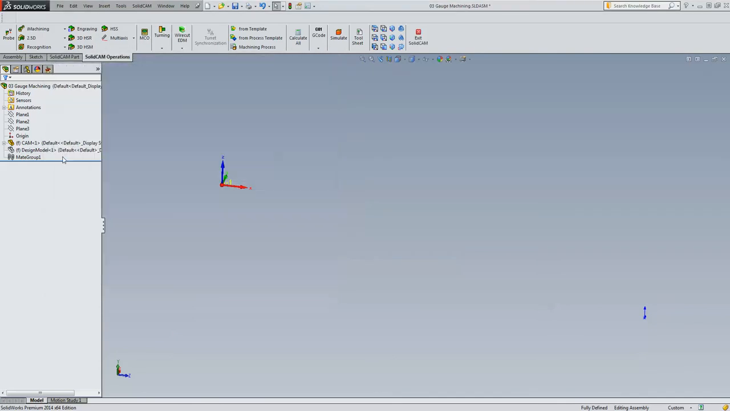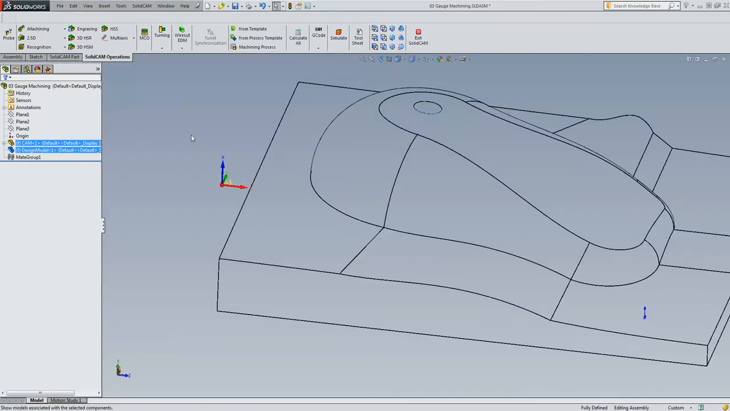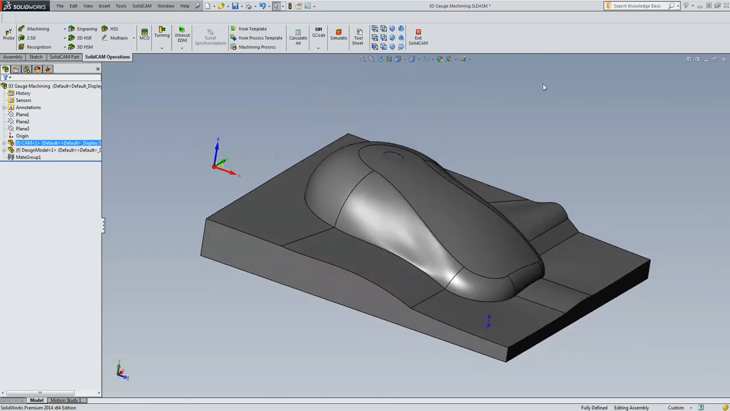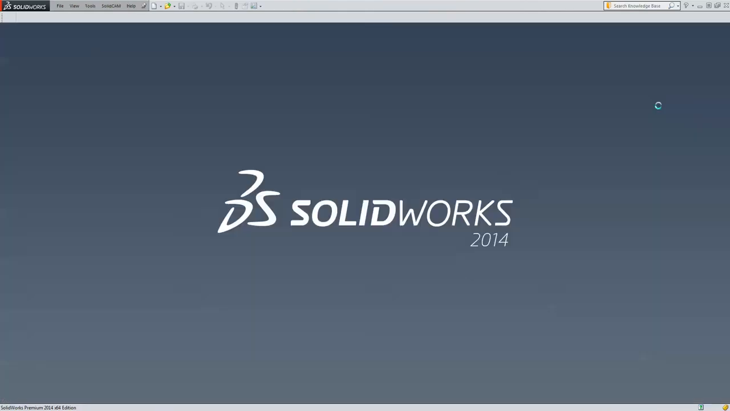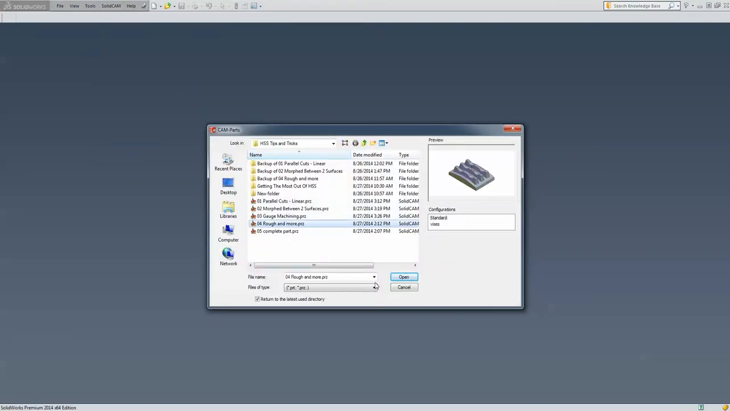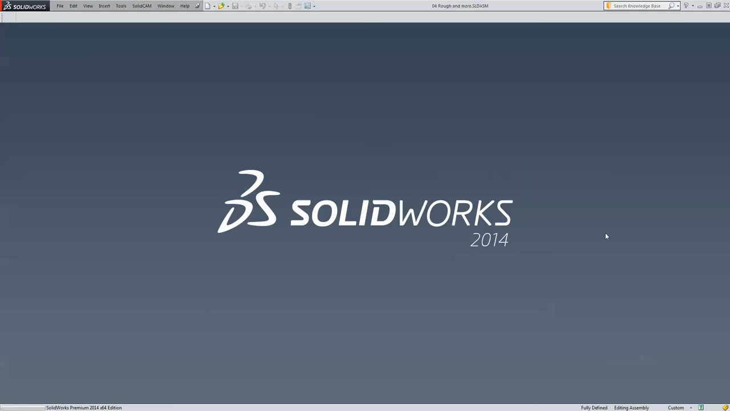Okay, now let me just bring this back so we can see the actual part itself, show component, and there's the component itself. Okay, now what we saw here is how we can use gouge control to actually improve our toolpath. Now, let's choose a different part. And this time, in this part that I'm going to open, we're going to show how we can use roughing